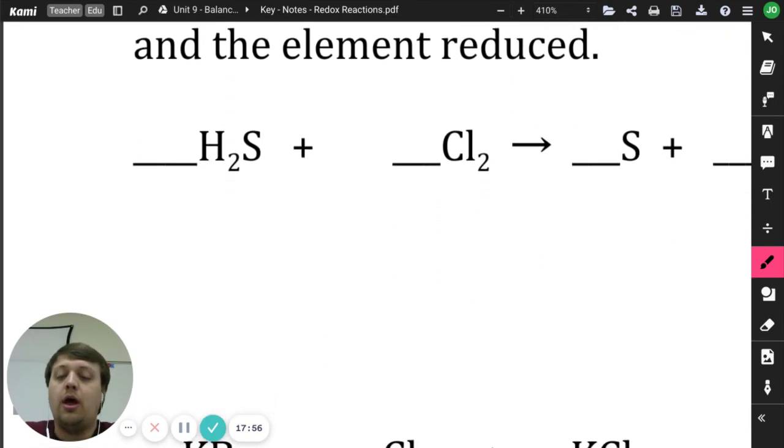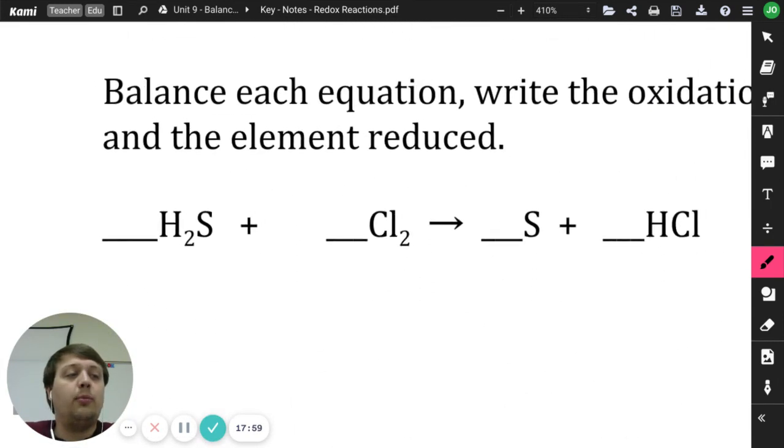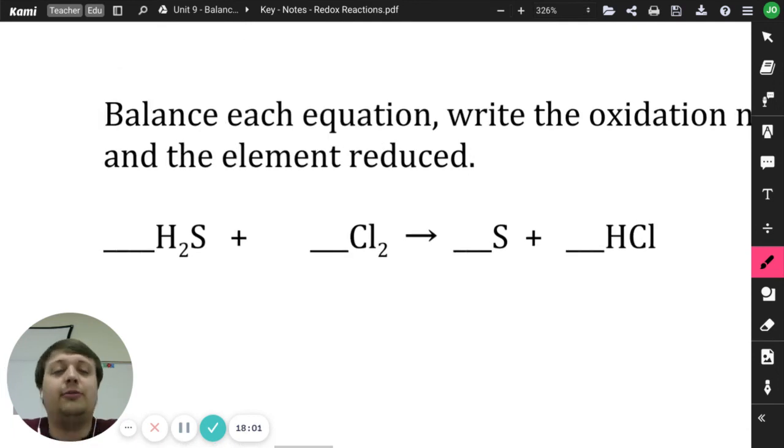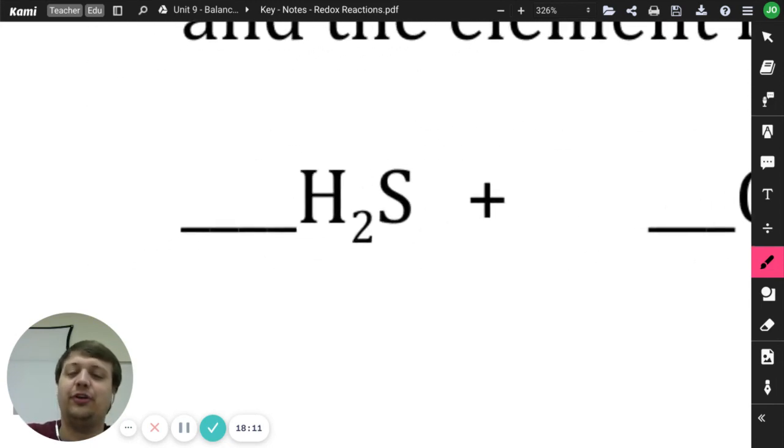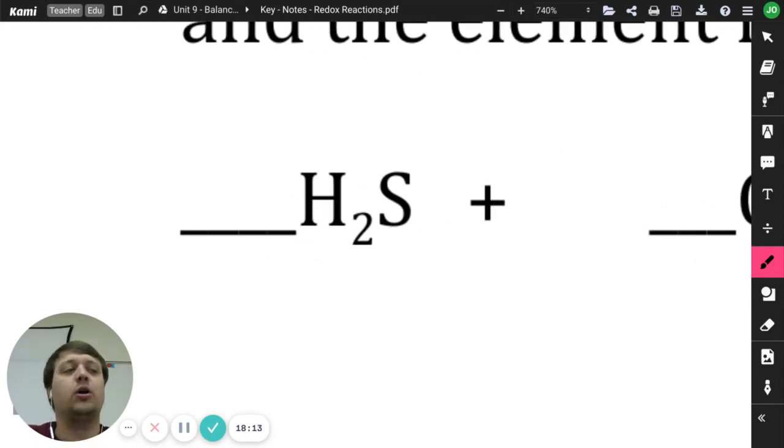Alrighty, so I'm going to do one more problem here. The reason I want to do this is because this time we've got more than 2 elements. And so I want to work through one of these with you, and then we will be done for the day. All right, so here I've got to look at each individual compound or element in this, and I want to make sure I know all my oxidation numbers. Okay,